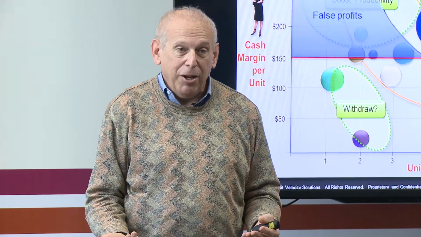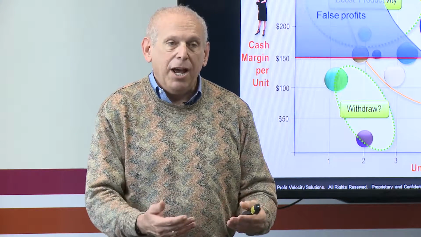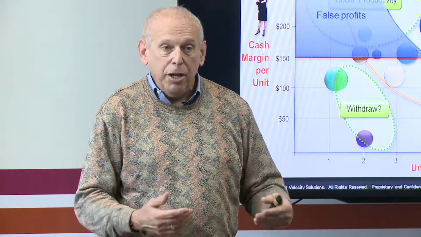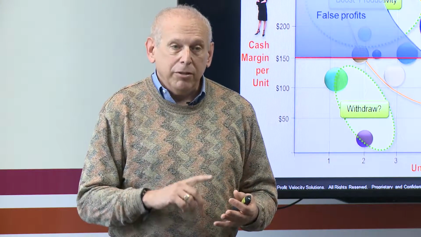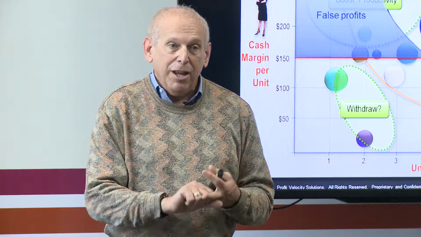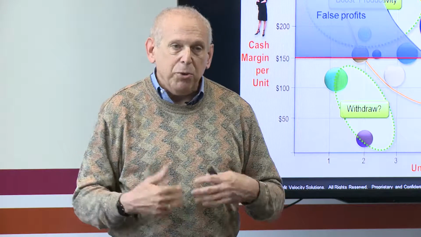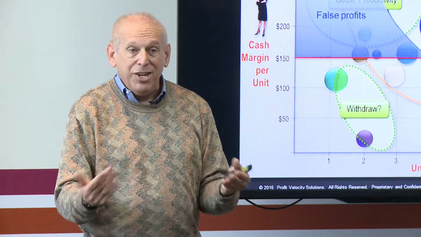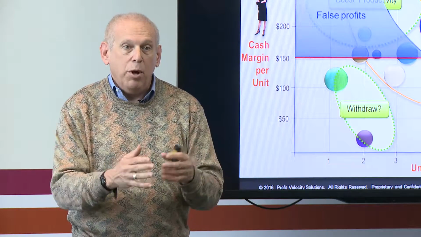My view is, unless you have a unifying, we call common metric, which should be the same one the investors care about, which is how fast are we making money here from the assets. Unless that's available to people, you can't tie incentive systems to something that actually pulls the wagon for the investors who actually own the place. So we talk about linking, for example, sales compensation to the amount of cash produced per period of time, or productivity increases on the production floor that lead to that. So once you have the profit velocity metric, you can actually redesign incentive systems to get people to pull, not in 3 different directions, but in one common direction.